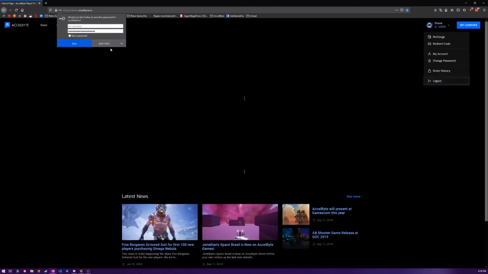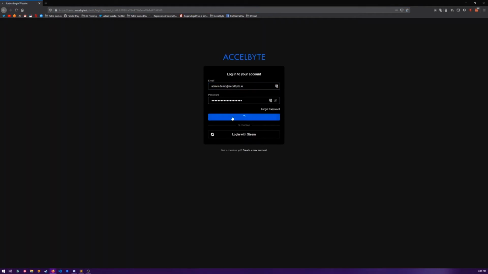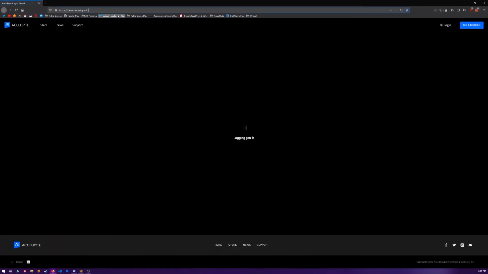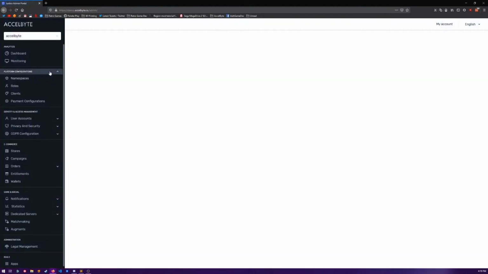So first I'm going to log out, and I'm not going to save those credentials. And then I'm going to log in again with our demo credentials, and then go to our admin portal. So /admin, and this is the admin portal. This is the portal that's driving absolutely everything that you see on the player portal on our launcher,